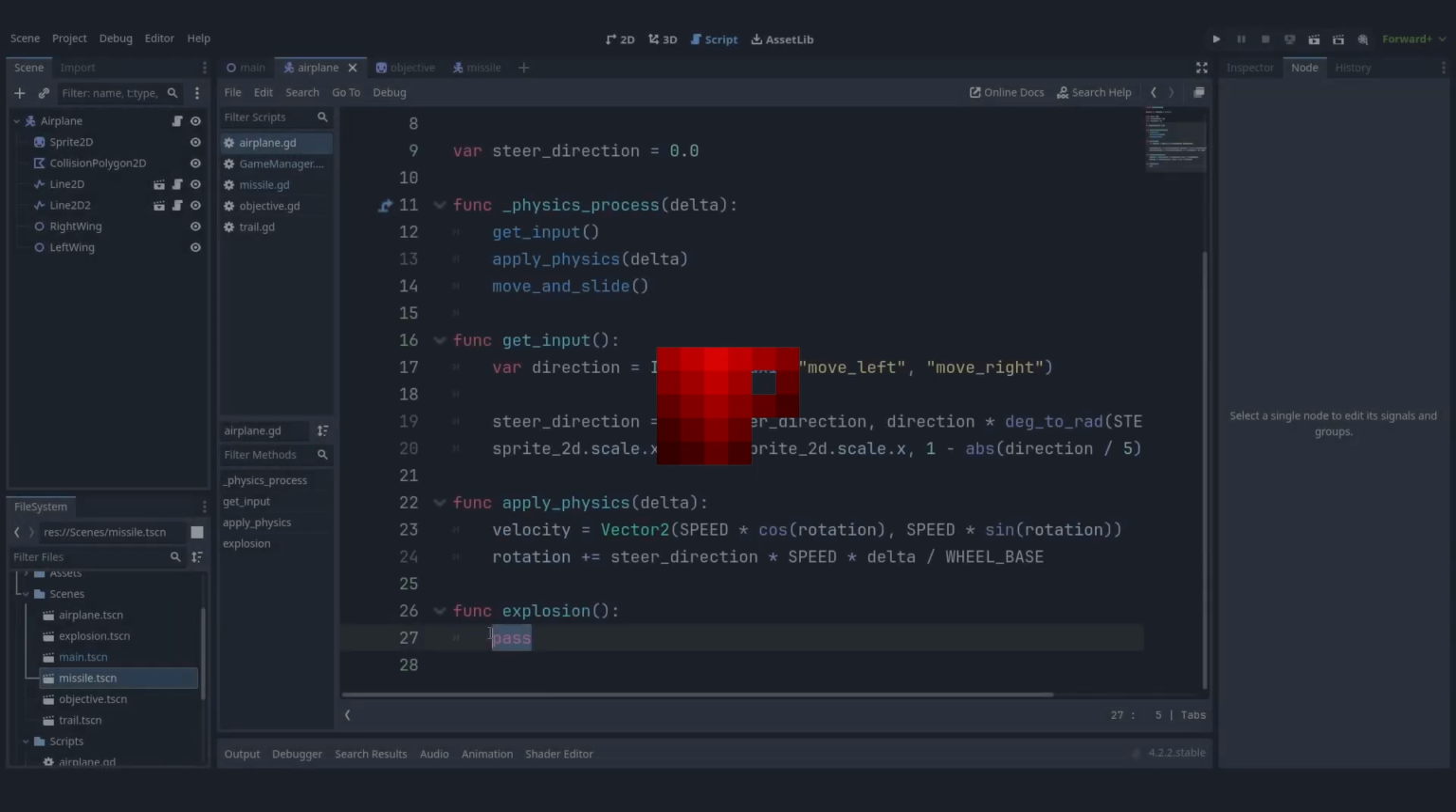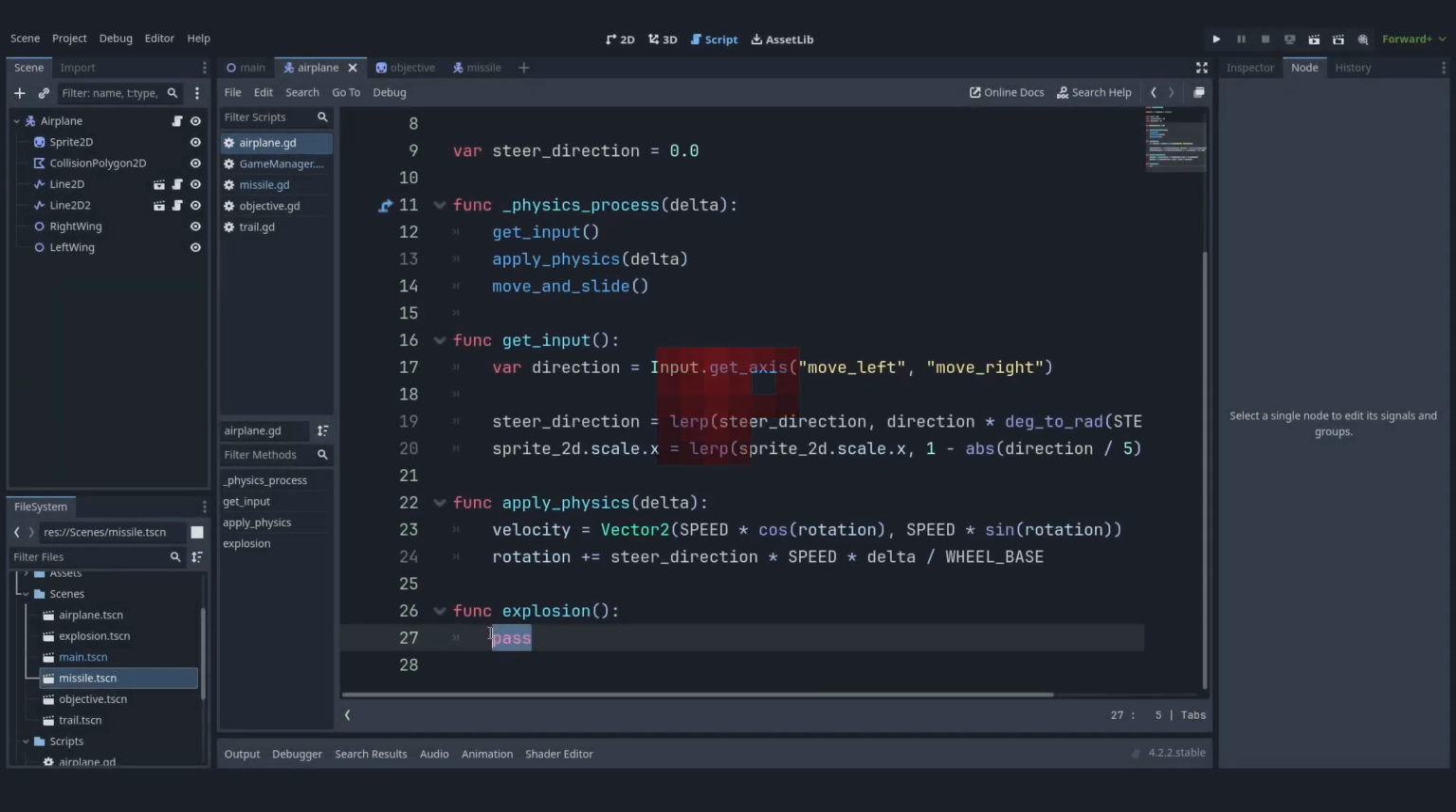Welcome everyone to the fifth video in making an endless flyer in Godot. This video is a continuation of the previous video, where we are going to make smart missiles and the death sequence. So here we have created the explosion script, and here what we're going to do is we want to